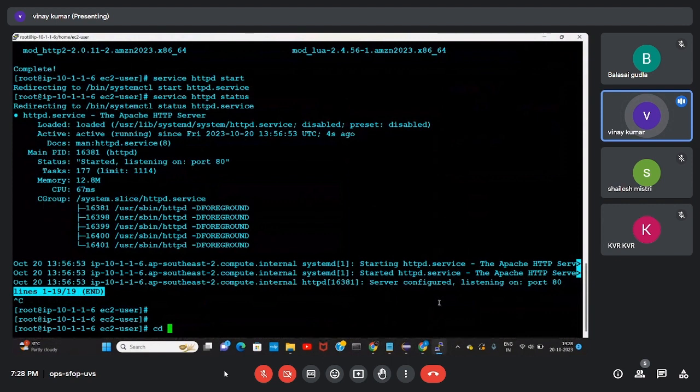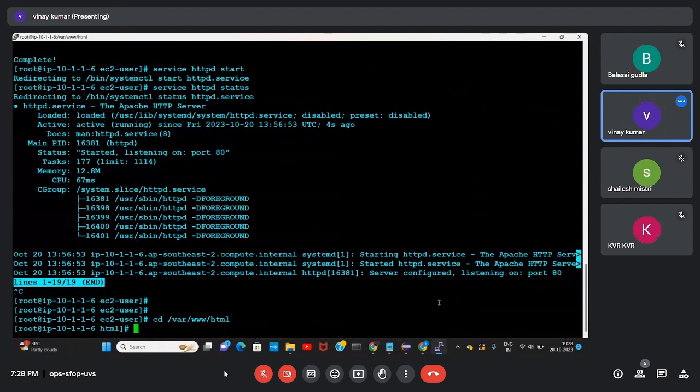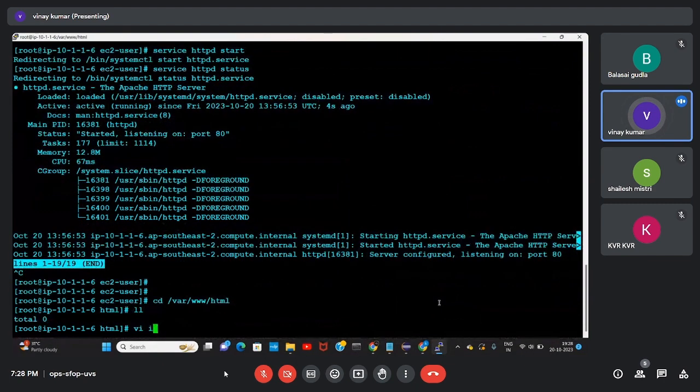Firstly, I need to go to this particular path. Index.html. I'm saving this code in this particular file at this corresponding location.